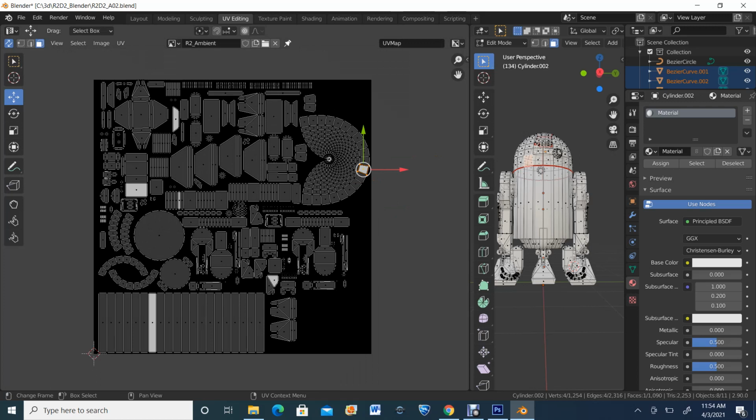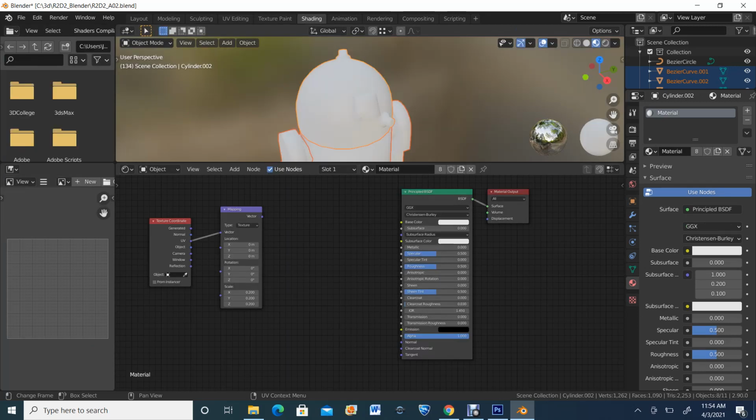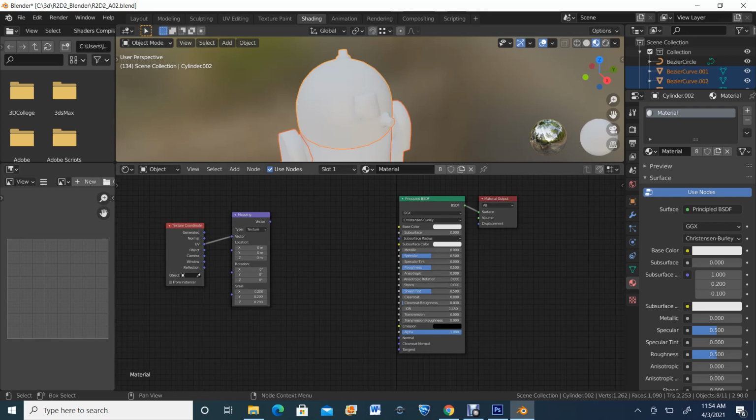After I have done that, I am going to go into the shading aspect of Blender, because we have to set up the location where this is going to bake to within shading. So up here in the menu, we have Shading. And when it does that, as you can see, it opens this menu right here, which has this one that says Principled BSDF. That's the material that's currently